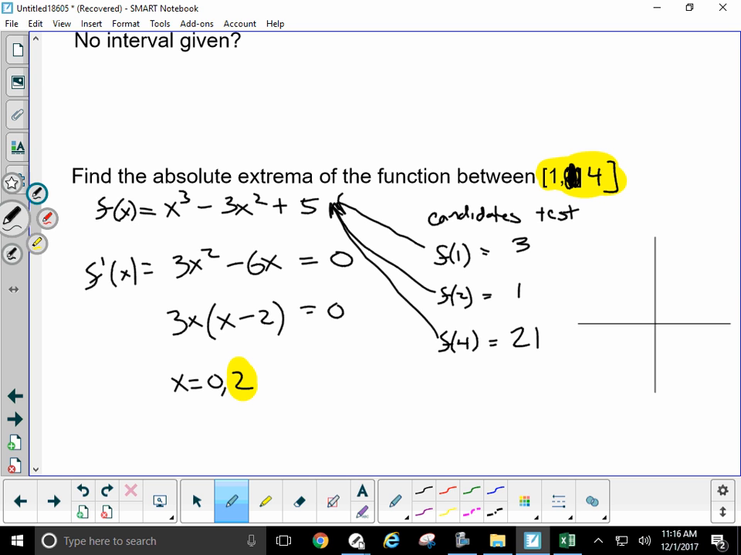Okay, that took me a while, but at least I know definitively now, doing this candidates test, that the point 2, 1 is going to be the absolute min of my function on this interval, and this 21 is the absolute max. And if you're asked to find both the maxes and the mins, yes, do the candidates test, you'll find it. But if the question